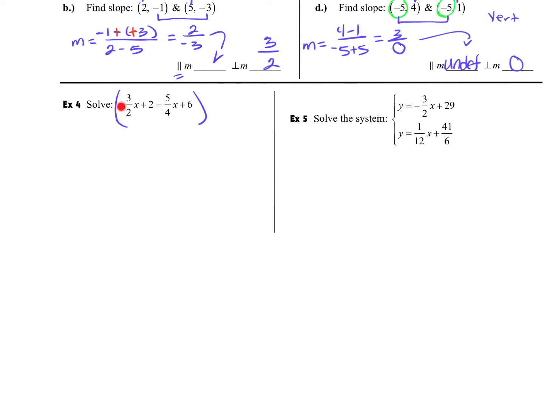So in this case, the smallest number that both 2 and 4 will divide into without giving a remainder is 4. That's our least common denominator or least common multiple. So I'm going to multiply this entire equation by 4. What that means is that I'm going to take this 4 and distribute it way over